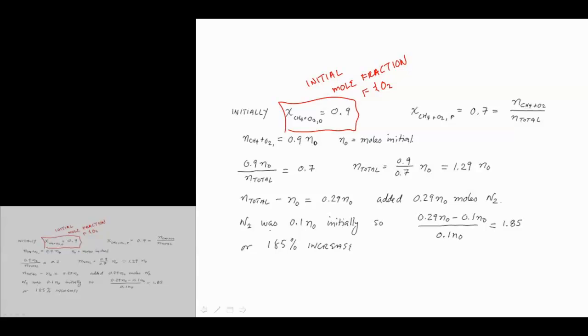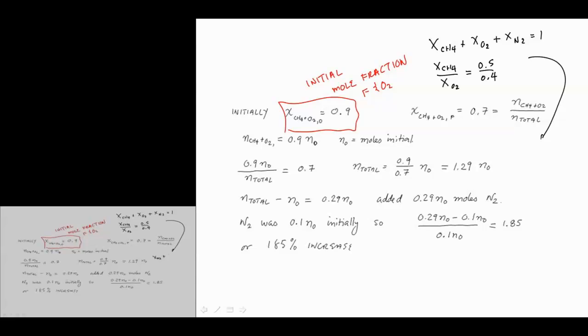It would say, okay, well, the mole fraction of CH4 plus the mole fraction of O2 plus the mole fraction of N2 must be equal to 1. Initially, XCH4 over XO2 is equal to, what did we say? Was it 0.5 over 0.4? I think so. 0.5 over 0.4. So I can substitute in here, and then I have XN2 plus XO2